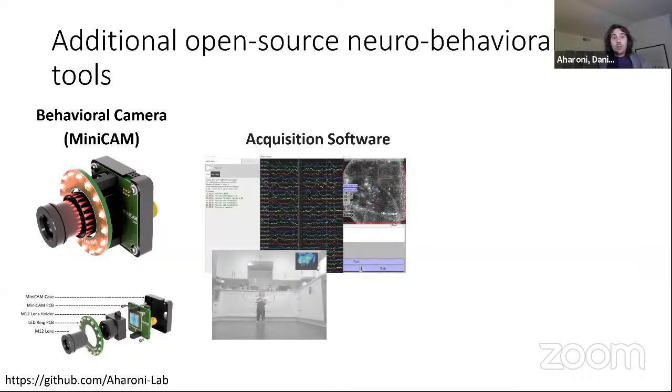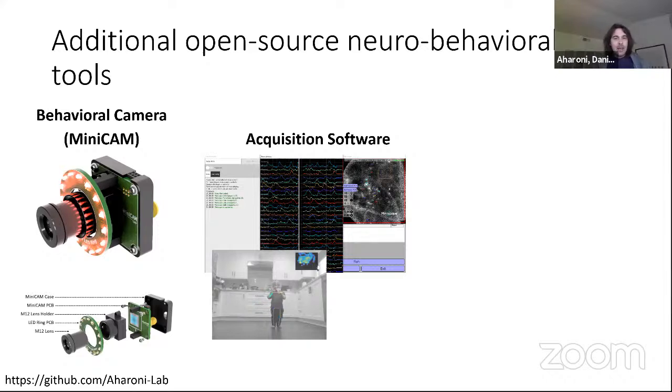We've also designed, and we keep developing, our open source acquisition software. So this can stream multiple video streams of Miniscopes and behavioral cameras or webcams simultaneously. We can do things like select little ROIs in the live stream of the Miniscope recording and plot the dynamics. It does real-time delta F over F conversion to visually help see cells. We've also recently incorporated DeepLabCut-Live into the software. So this would be a live video stream of my son walking in our kitchen. And in real time, we can do pose estimation through DeepLabCut-Live